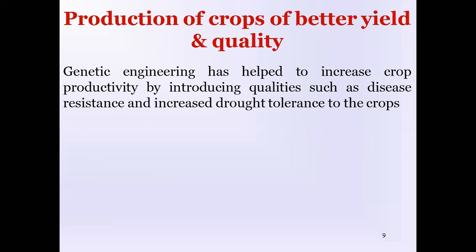Clear है, that's good. So production of crops and bacterial quality, quality and quantity. So इसमें क्या है कि genetic engineering has helped to increase crop productivity by introducing qualities such as disease resistance, increased drought tolerance. So इसमें बहुत ज़्यादा काम हुआ है and people are coping with the disease resistance in crops and the drought tolerance, because to make plants for those areas where there is drought है,